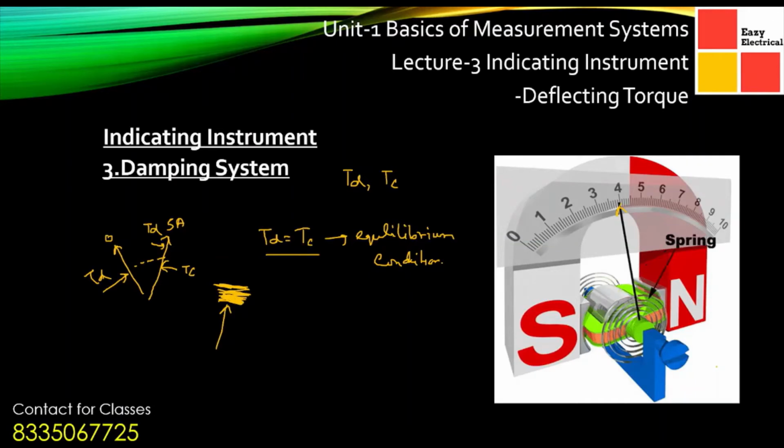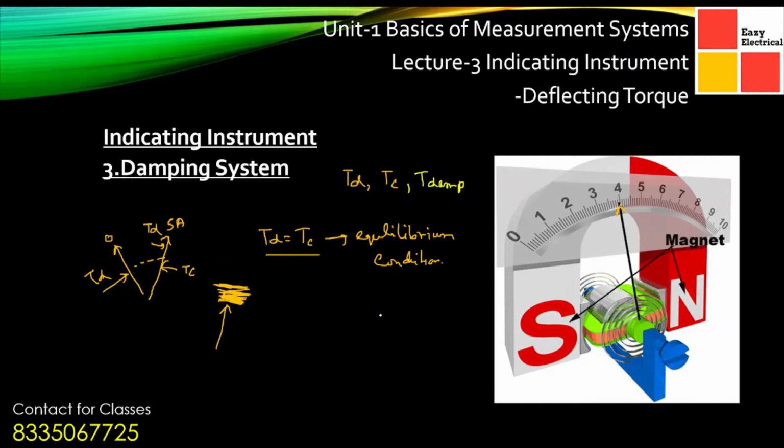So we have earlier studied up to this point, that is the damping torque. To give you a small idea, damping torque is that torque or that part of the system which we provide to stop the oscillations of the pointer. Whatever oscillations are there, we need to stop them, and for that reason we employ damping systems. Different systems are there, maybe air friction damping, liquid friction damping, fluid friction damping. These are all used to get the damping.